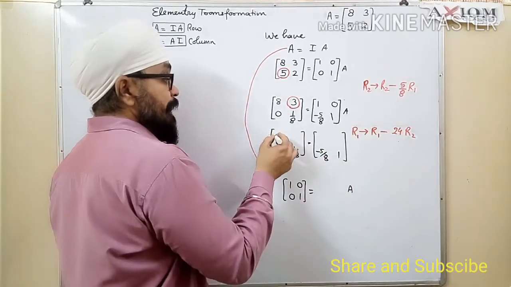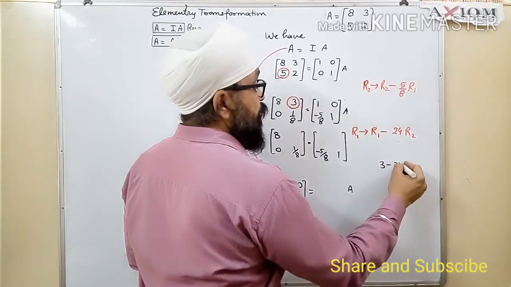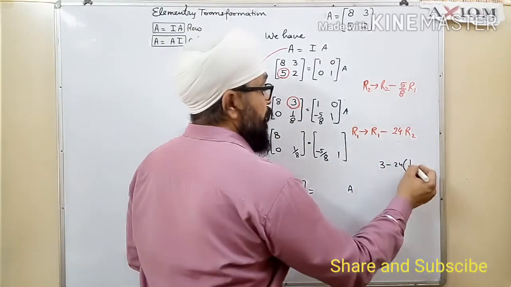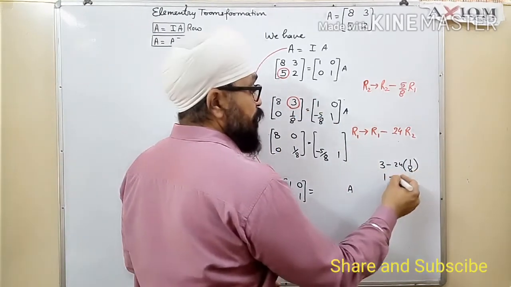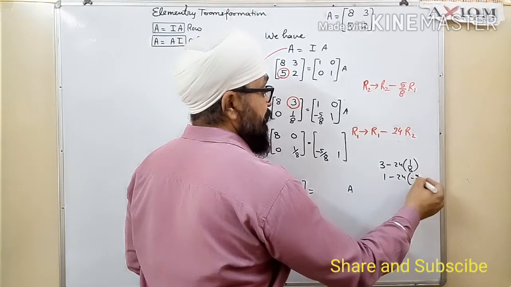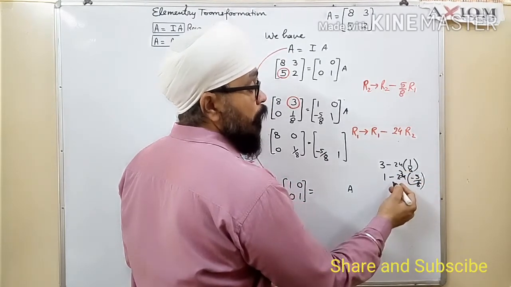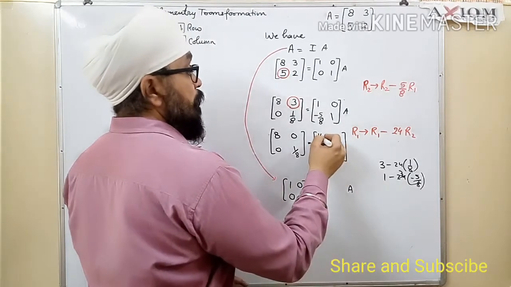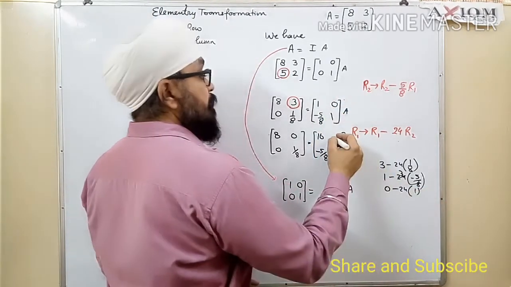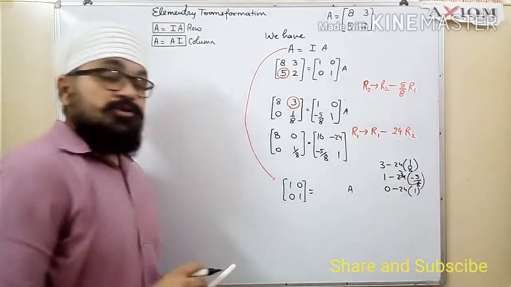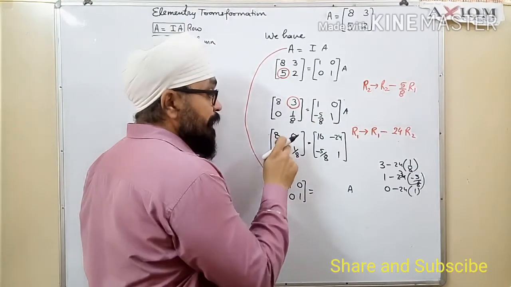So this is 8 as it is. We are having the element 3 माइनस 24 टाइम्स, नीचे एलिमेंट है 1/8, क्या मिला? दिस बिकम 0. वी आर हैविंग एलिमेंट 1 माइनस 24 टाइम्स, नीचे है माइनस 5/8, so this will get 3. We are getting how much? 16. Again the element is 0 minus 24 times, नीचे 1 है, this is minus 24. So we are there with the result. Let me tell you what we'll get after making these two elements.